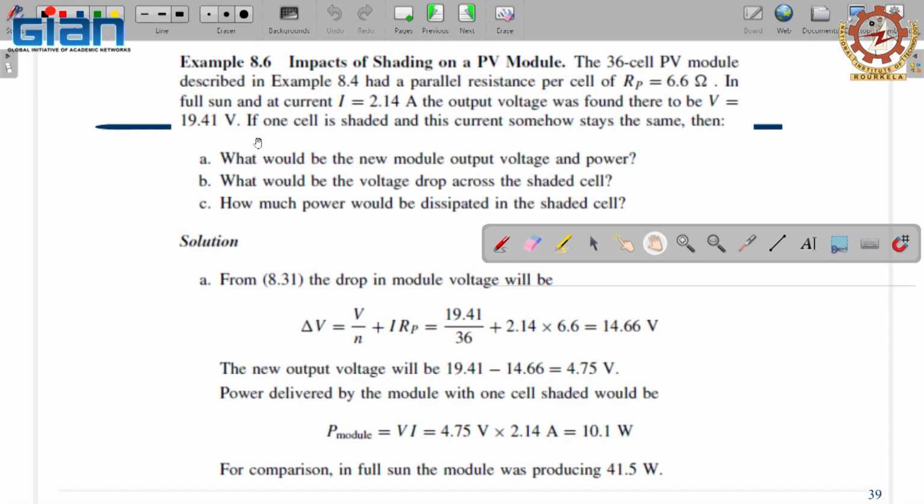How much power output will you get from the module? Assuming that the current is the same, though current could also drop, this module output will drop to 10.1. It was expected to deliver 41.5. It drops to 10. You are getting just 25%, and 75% is gone because of the shading of